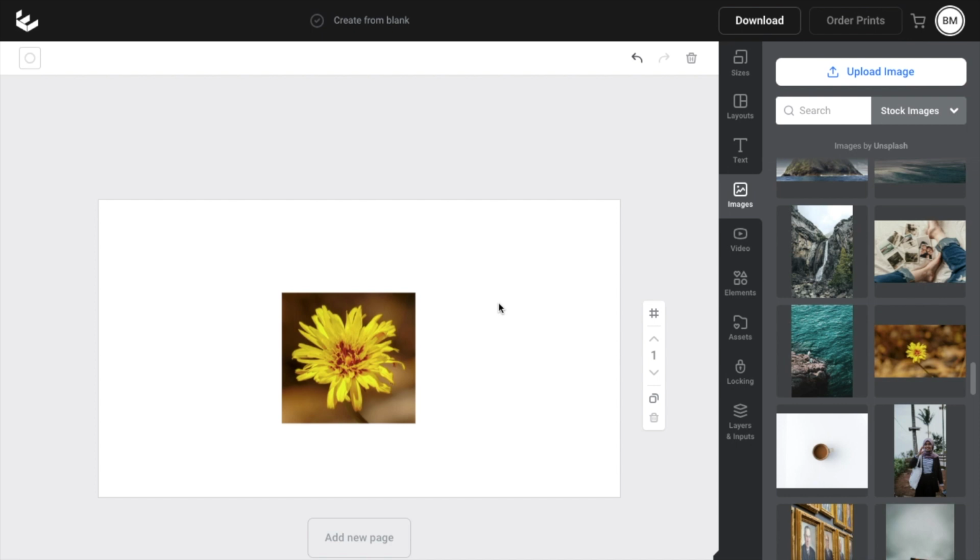So fairly straightforward, fairly simple process, but that is how you guys can crop an image here on the Easel